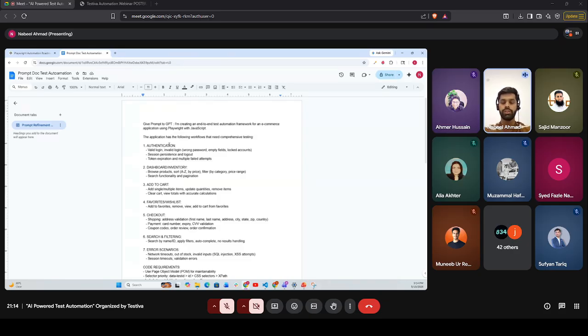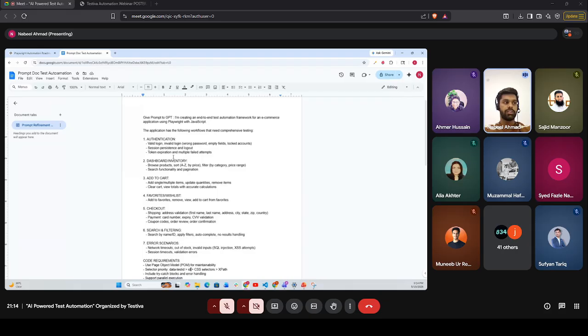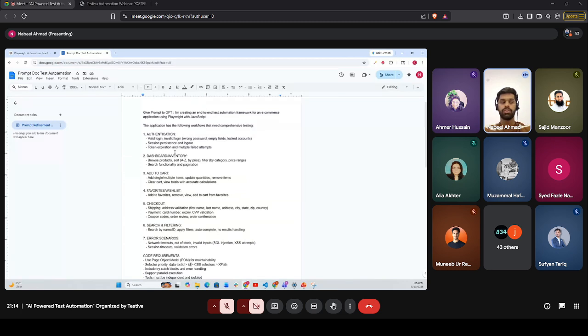So instead of giving it 15 to 20 different prompts and then getting on track, I have just crafted this prompt that GPT will refine after listing these steps, and GPT will give us a refined prompt that will be used in Claude.